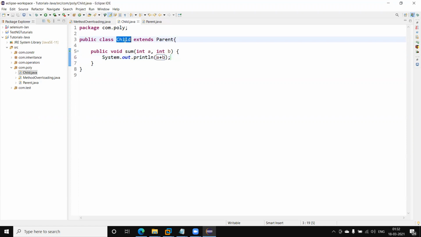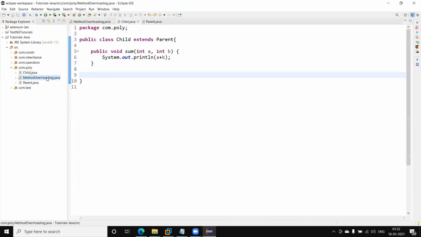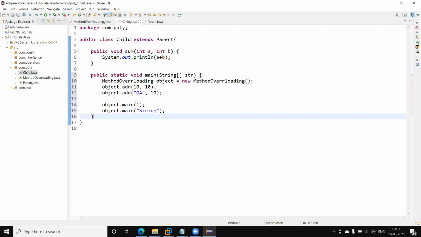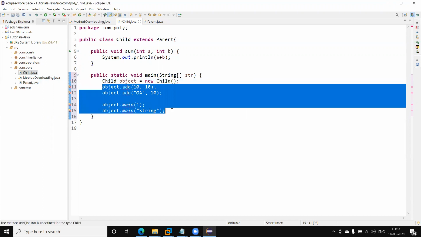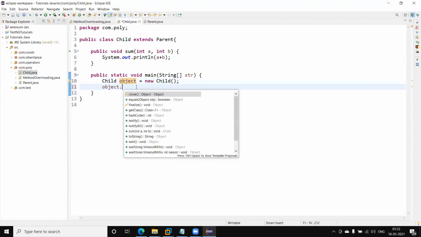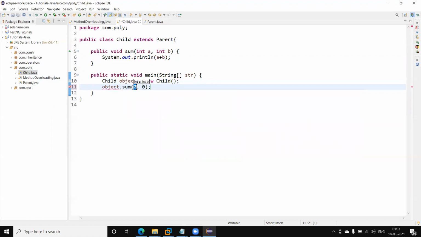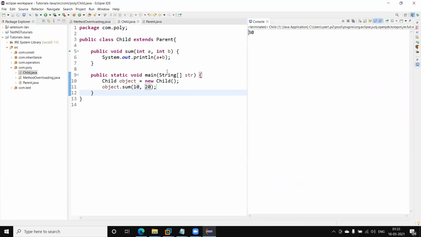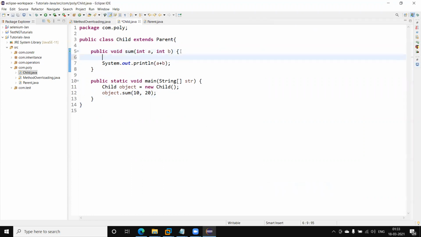Okay, so let me create an object here. I created a child class object, and if I call the sum method on the child class object and pass 10, 20, this will call the child class method.